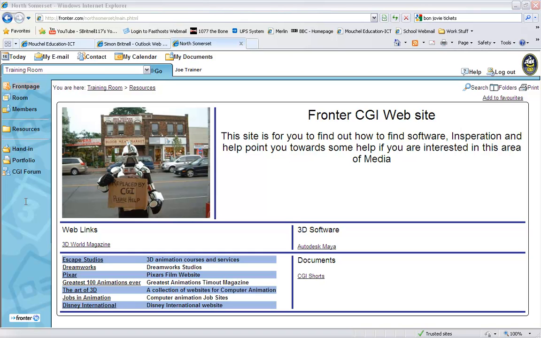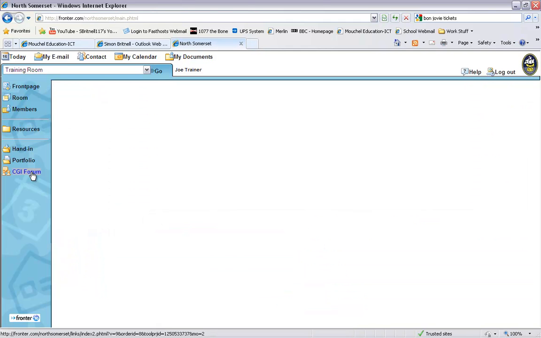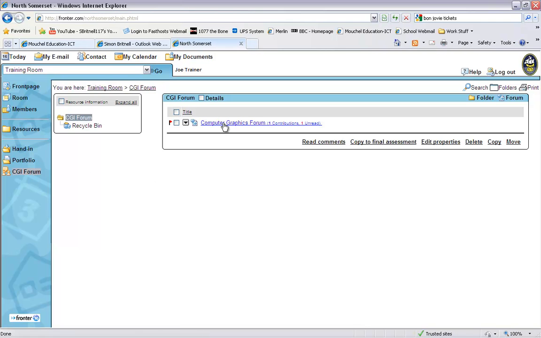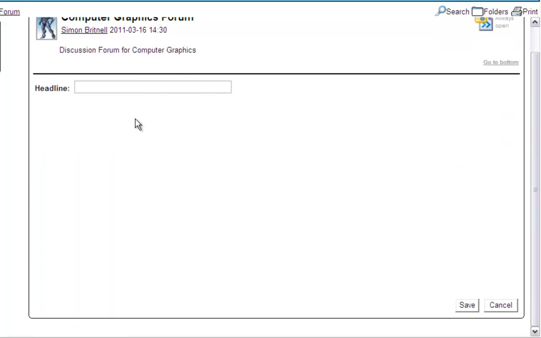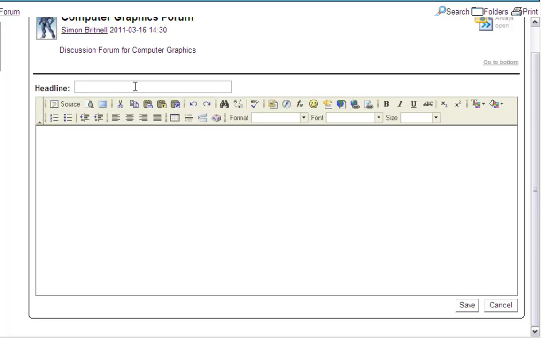Okay, so I've logged on as Joe Trainer, my training user, and you can see I've got my forum here now as part of my group listing on the left. Click on CGI forum, and here again you can see the graphic forum, and I can now contribute to this discussion. So I might have read the various contributions that other people have made, and then just underneath the first one I'm going to add my own contribution,